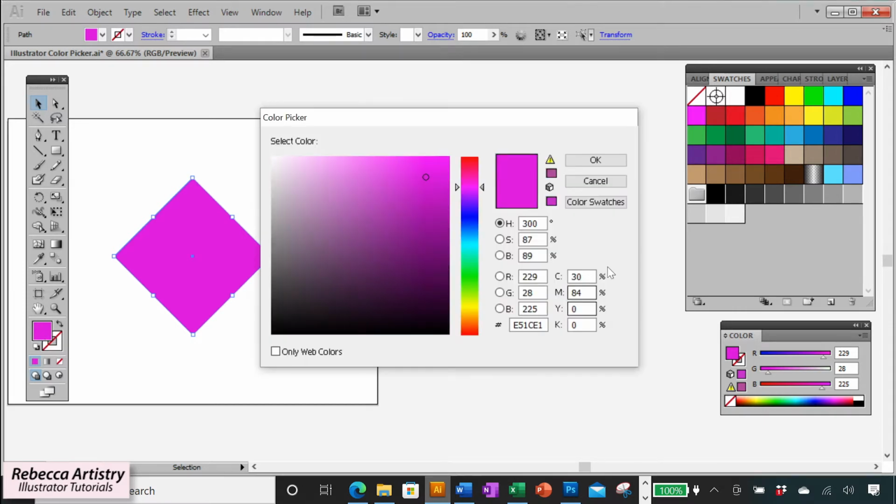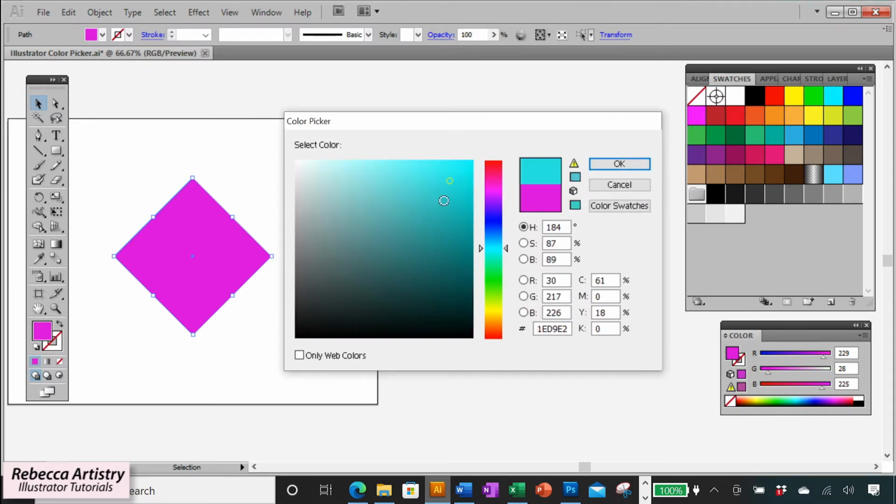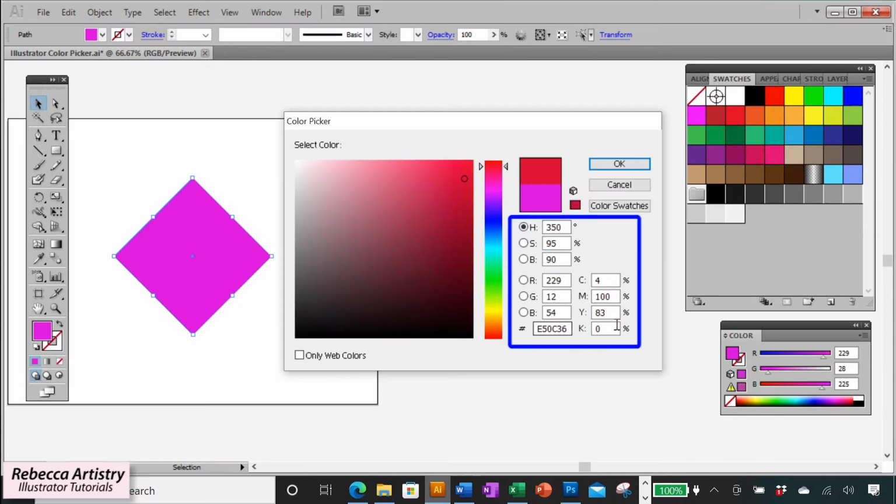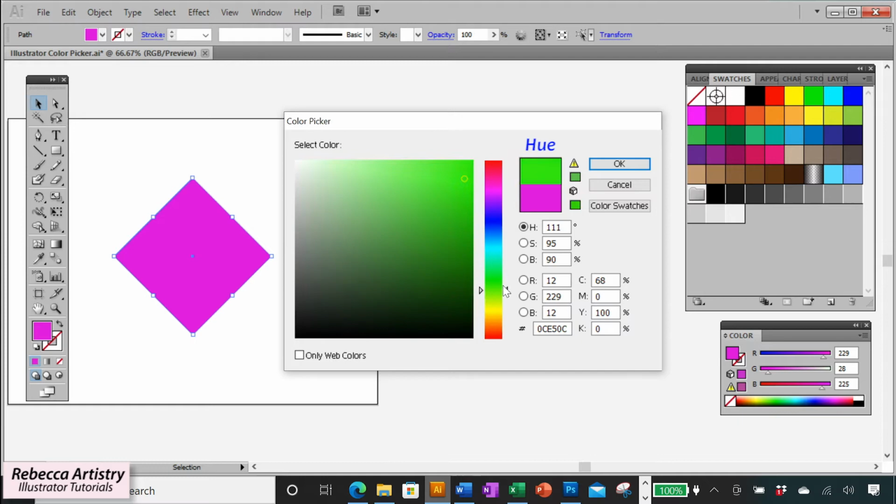So let's double click on that again. So this is how most people choose their colors, but what they don't realize is that these numbers here also mean something. We tend to just look at colors and just try to go for the color that we want, but these numbers are here for a reason. So by default, you're going to see that this black dot is here next to the H. And that means that your color picker is set to change by the hue, which means that when you're moving your slider up and down, you're changing the hue or the actual colors that you're picking.